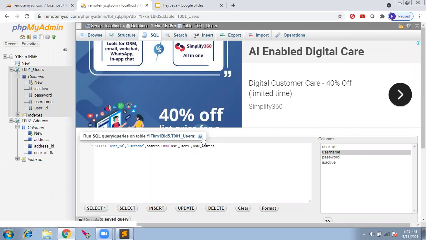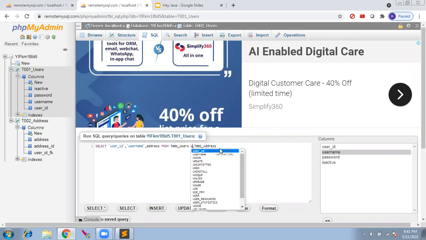You join these two tables, and we temporarily keep a name for this table as user. User is a keyword, so I'll give it as u. We call it a table alias, and we have a. Now where u dot user id equal to a dot user id fk.